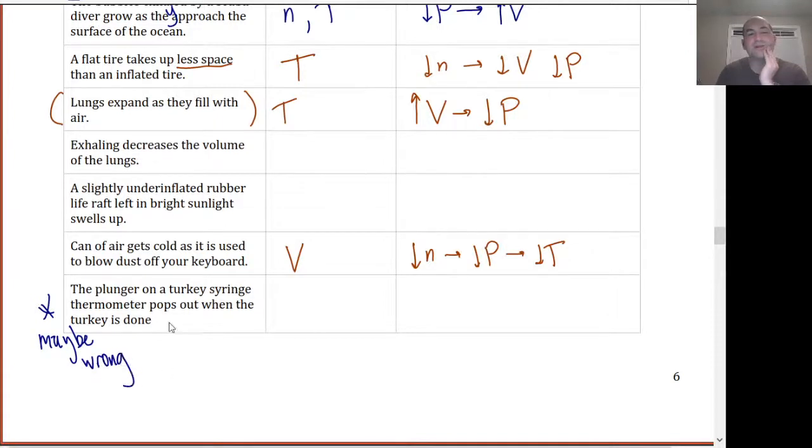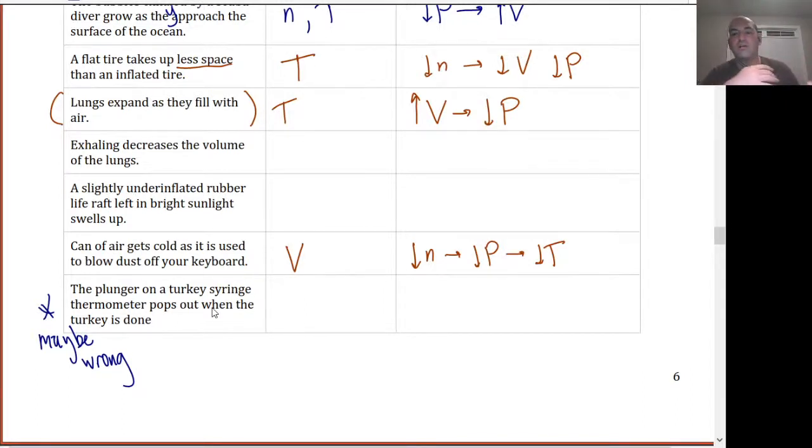We should look that up, because I think what happens is there are metals that, as they get to a particular temperature, change their shape, and that causes a spring to pop out. So I think the idea here, if we're talking about gases, whoever wrote this example, is that the steam produced inside the turkey